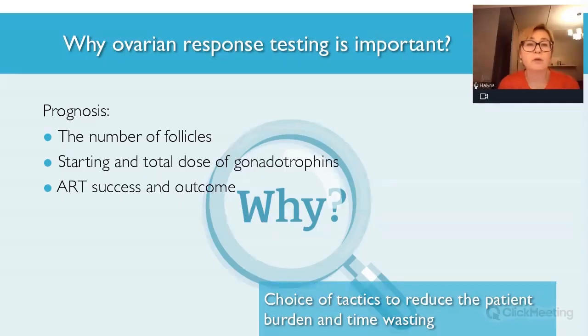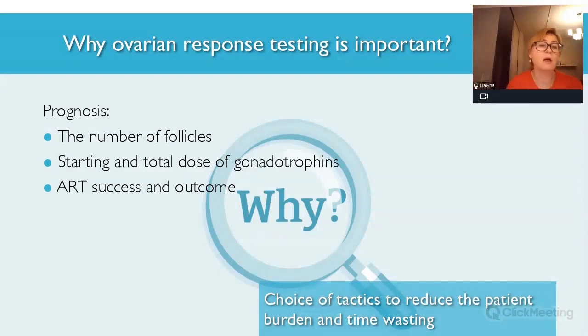So why is ovarian reserve testing so important? First of all, because each egg on average has a probability of giving a live birth of around 4-6%, no more. So the more eggs we receive, the higher the percentage of pregnancy we can have. Ovarian reserve permits us to make some prognosis, for example, number of follicles, probability of pregnancy, and which should be the starting and total dose of medication we will use,